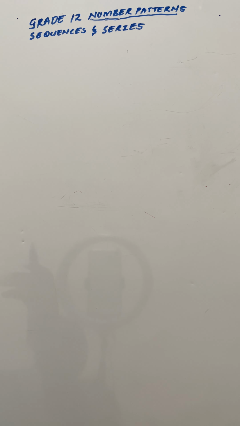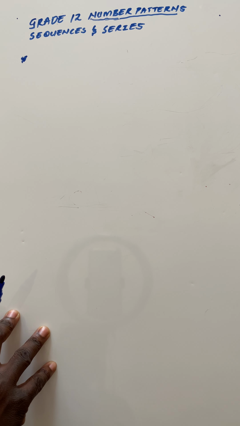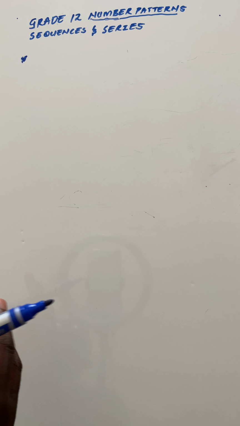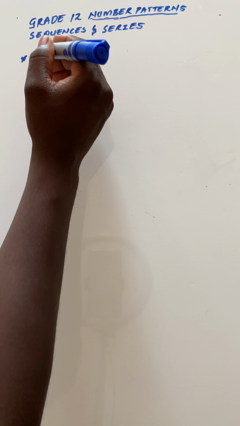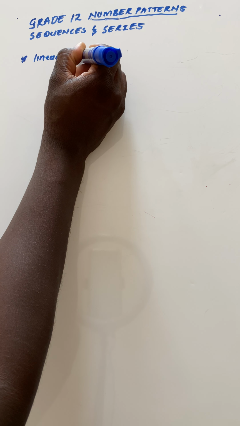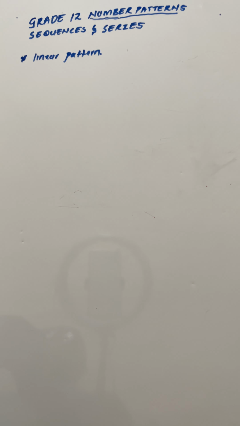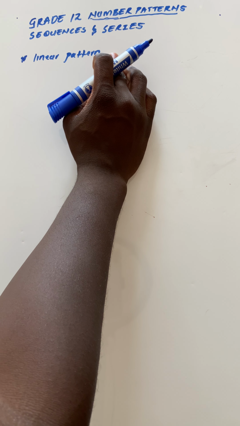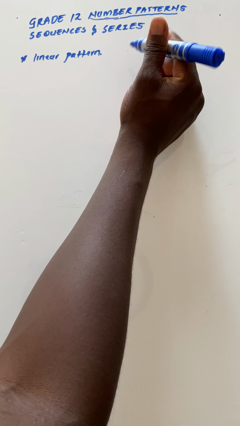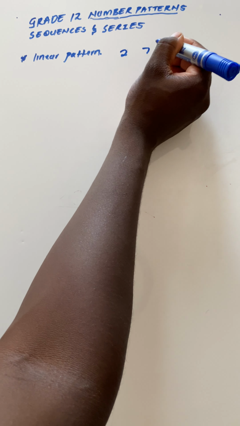Right, so let me quickly just do a grade 10 revision with you. I won't stay much there, but it's just to give you a glimpse of what has been happening since your grade 10. Right, so this was also introduced to you in grade 9, but in your grade 10, you were doing what we call your linear number patterns. So when you did your patterns, you had what we call a constant first difference, right? So for example, let's say that you have a 2, you have a 7,